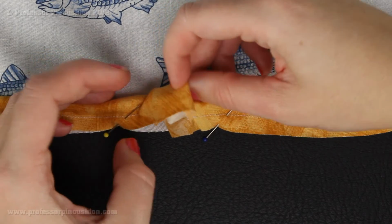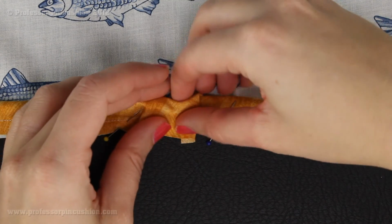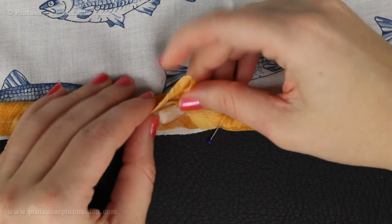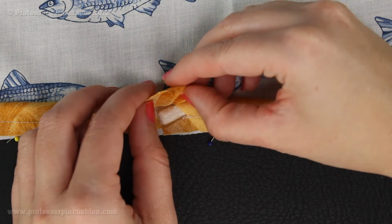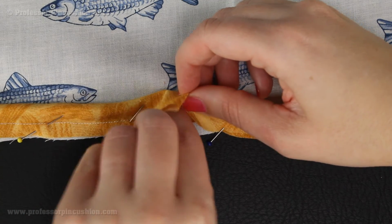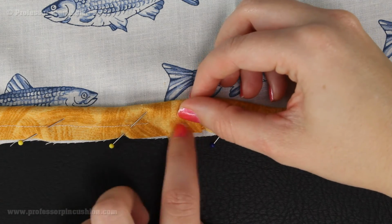I'm going to pull it and fold it in half again. This time, this extra part is also encompassing the beginning of my cording over here. So I just need to fool with it so I can make sure that it's nice and neat looking. And then once it is the way that I want it to be, I can go ahead and pin it,